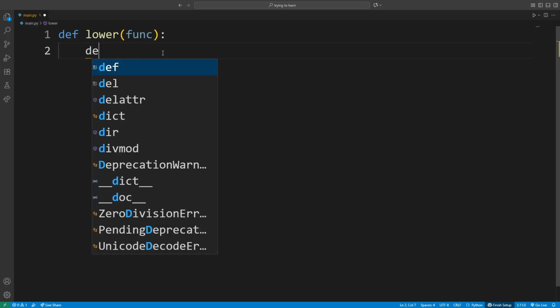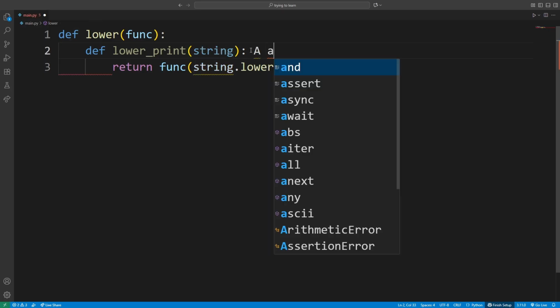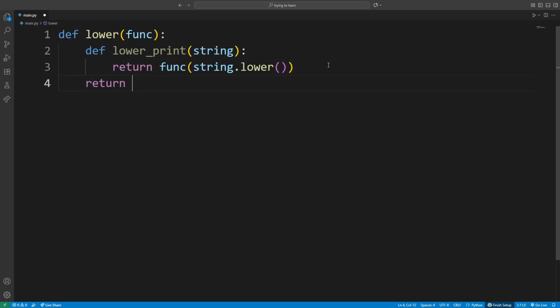So it makes all the capital letters lowercase. I'll make a new function inside of here and call it lower print, and I will return a function with the string, because it's going to take in a string, of course, because it's print. It'll return the string but with dot lower. So basically if the string is equal to a capital A, it'll turn it into a lowercase a. Now if I just return this lower print